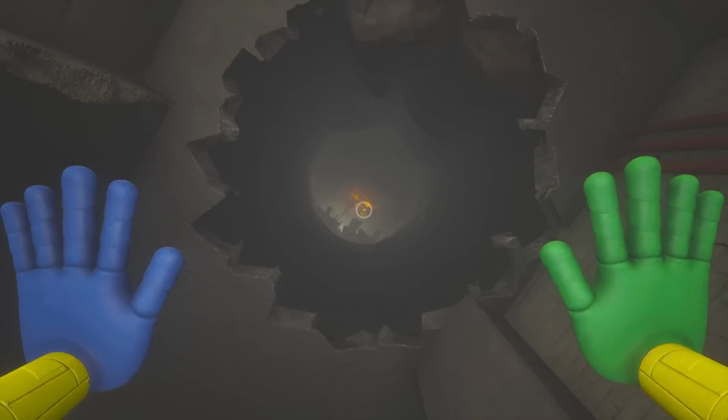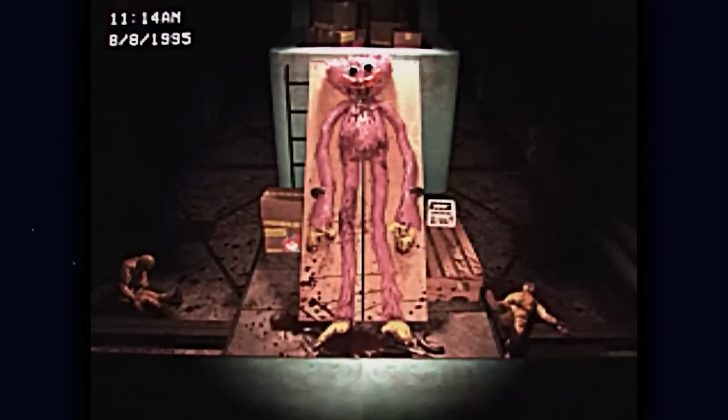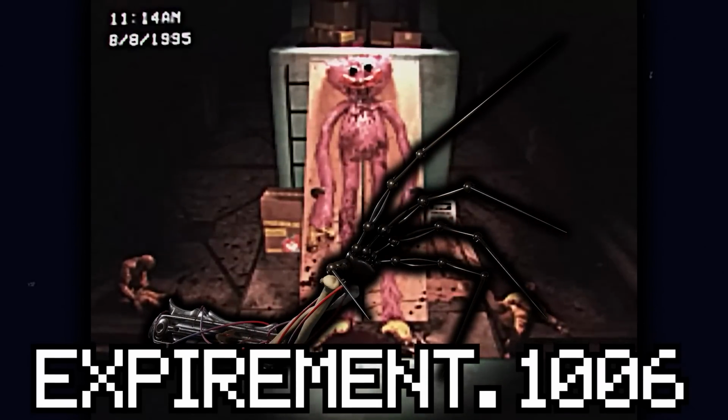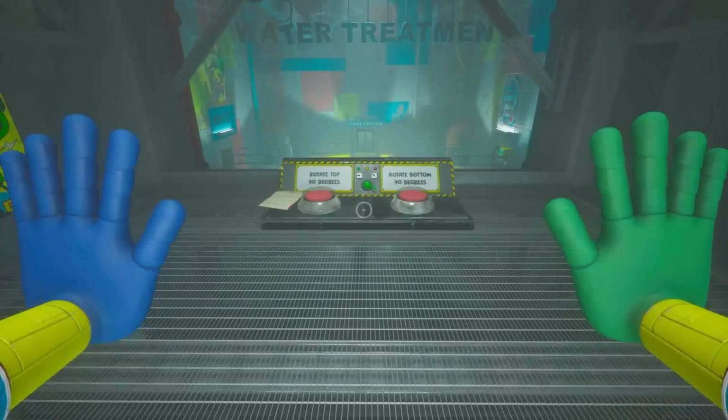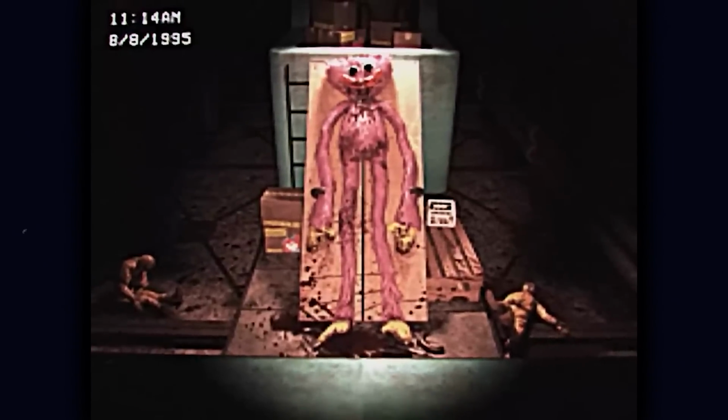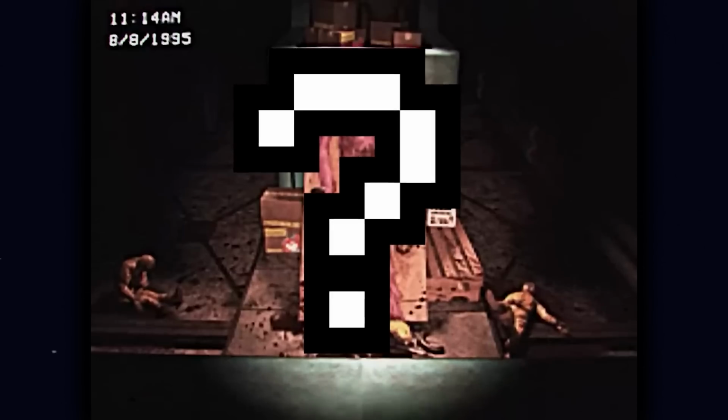Now, I've theorized about this tape before and said that this being that clearly was hiding underneath this box and saved Kissy at the end of the tape was none other than the prototype Experiment 1006. However, thinking more realistically, this teaser is meant to tease Chapter 3, and so honestly, it seems more likely that the person who killed all the employees is actually probably some sort of new monster who's going to show up